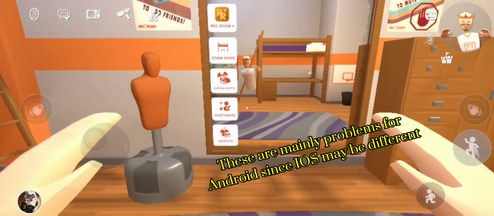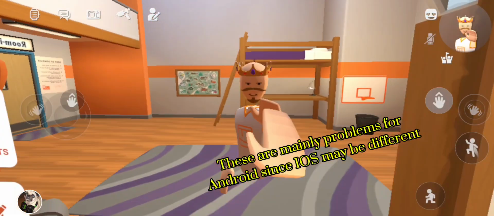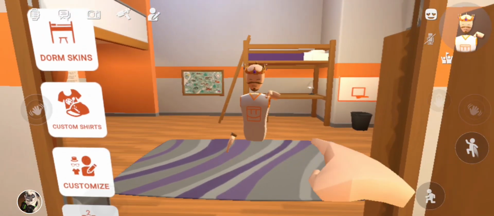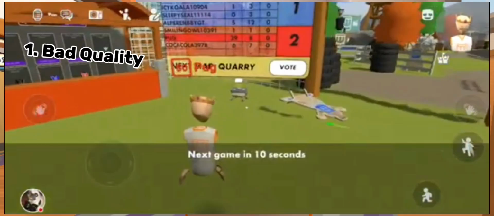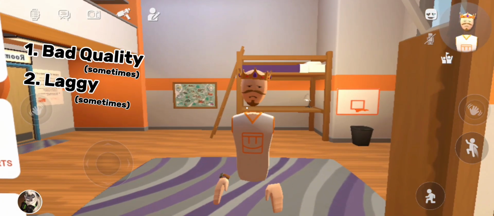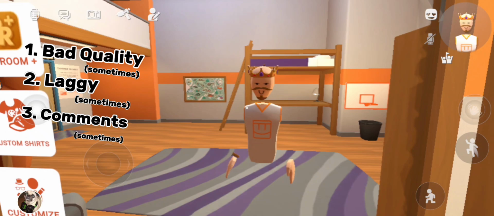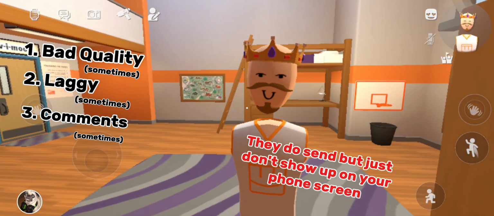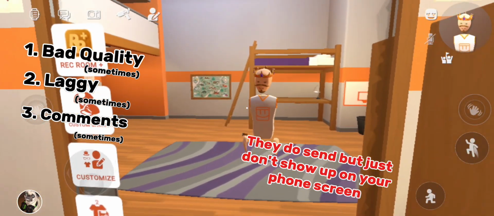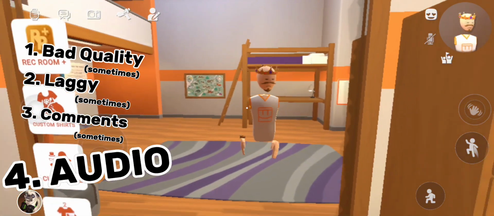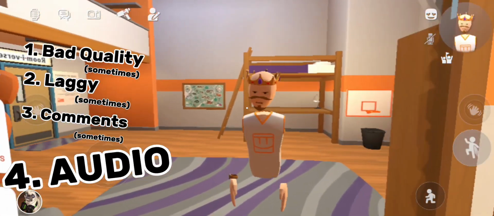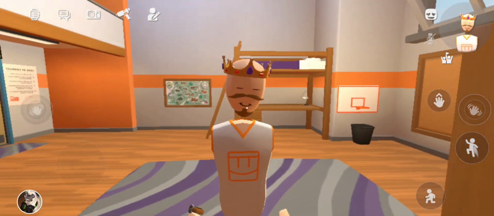Open up the game. Now I get to talk about the problems that I said there was earlier. There's a few of them. Some of them are pretty obvious, like, it's going to be horrible quality sometimes. It's going to be very laggy. The comments sometimes just won't work. Like if somebody sends a message in your chat, it just won't send. And finally, your audio. So I'll tell you how to fix those last two, but not before the sponsor of